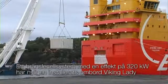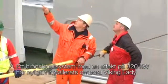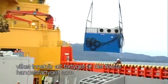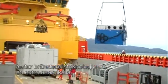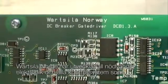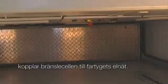A fuel cell power system rated at 320 kilowatts was recently installed on board the Viking Lady, making it the first merchant vessel to test fuel cell technology for auxiliary production of electricity on board. Wärtsilä Norway has developed the necessary power electronics and control systems which connect the fuel cell to the electric grid